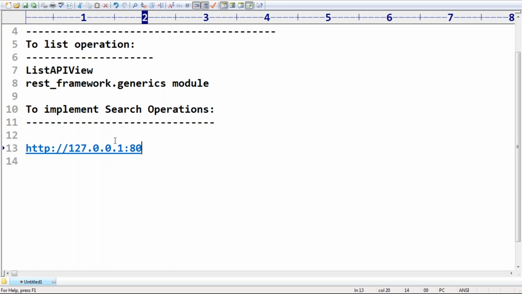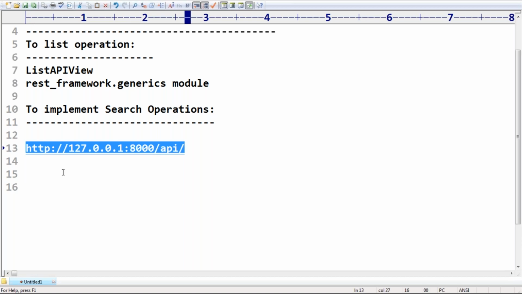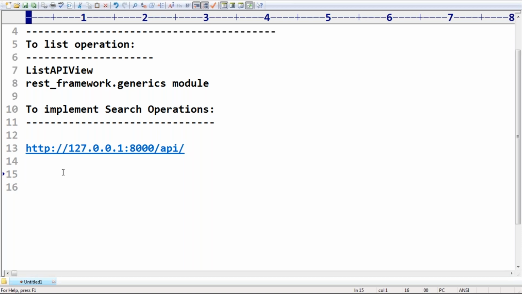Now my requirement is to implement some search operation. I'm sending the request in this format: question mark ename equals Sunny.